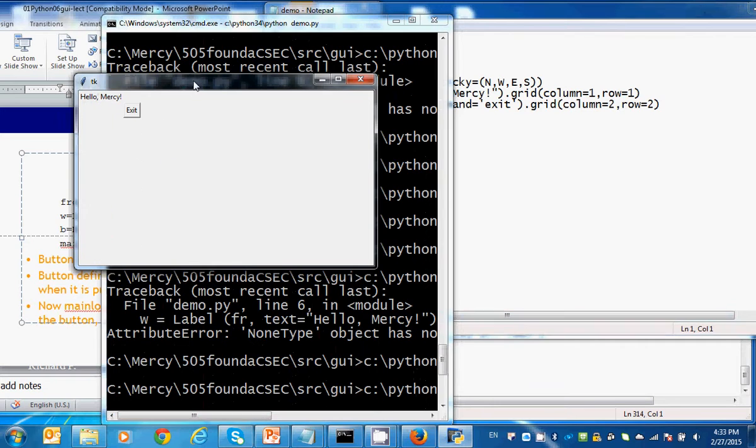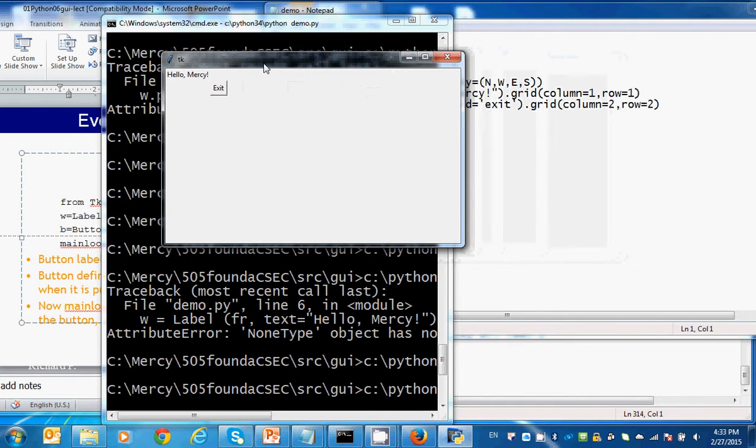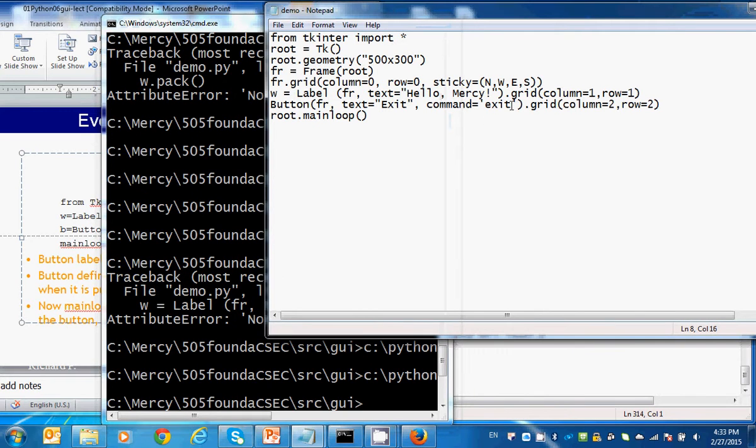Then you can see a button here, right? This is the first column and this is the second column, and first row and second row. Clearly. If you click this, then it disappears, right? Because this exit itself is a predefined function. If it is not, then you have to define